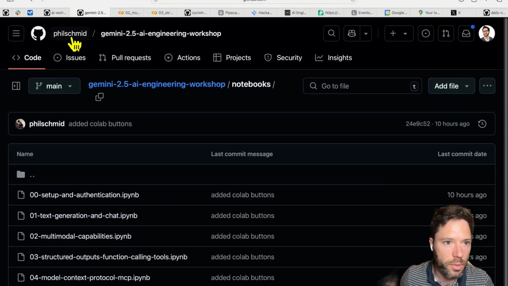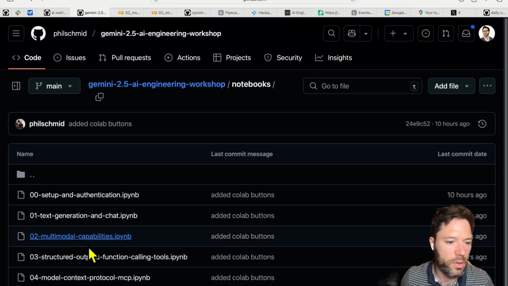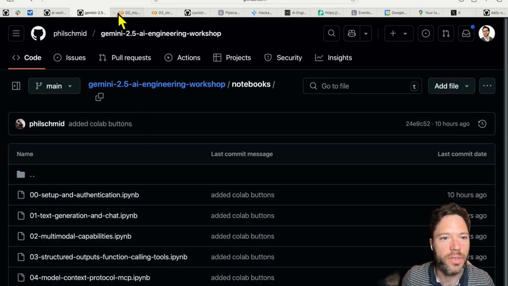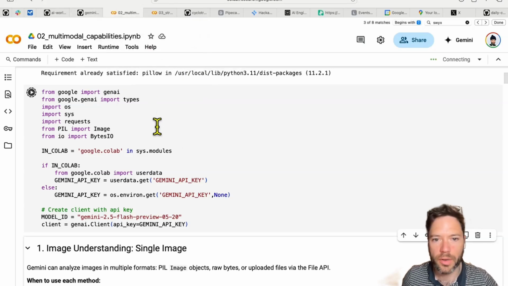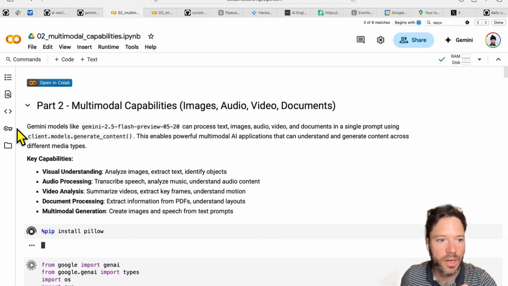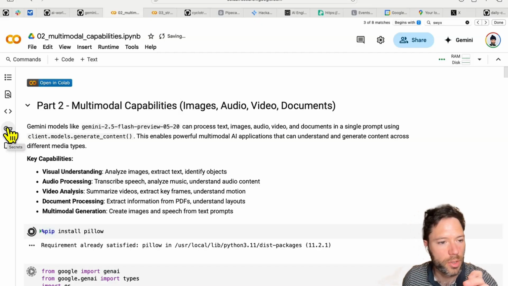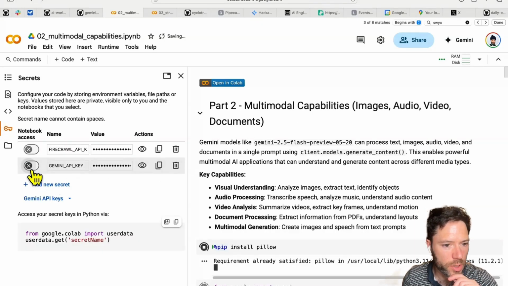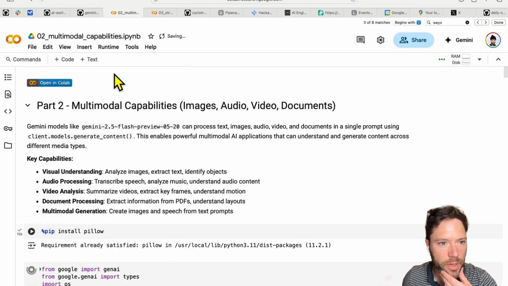The scripts, and they're public, they're in Phil Schmidt's repo here. You can check out all 5 of them, nicely starting off at 00. I'm going to look at the second one, and I'll make a few small modifications. To get started, you do need an API key from AI Studio. It's free though if you use the Gemini 2.5 model for now. Just make sure to add in your Gemini API key right here. So you put in your secret that you get from AI Studio.